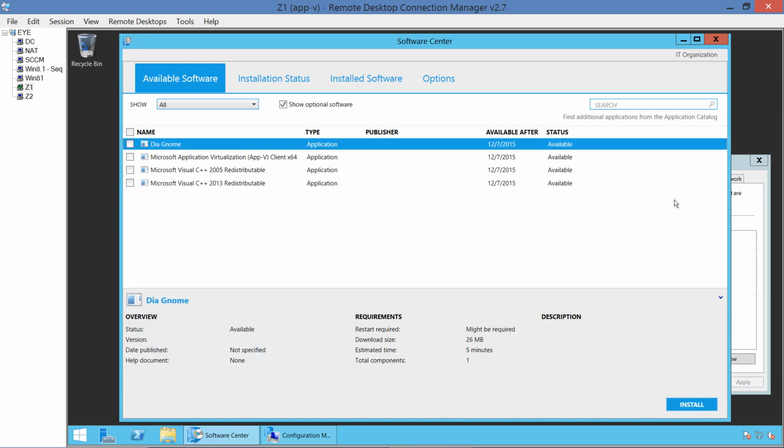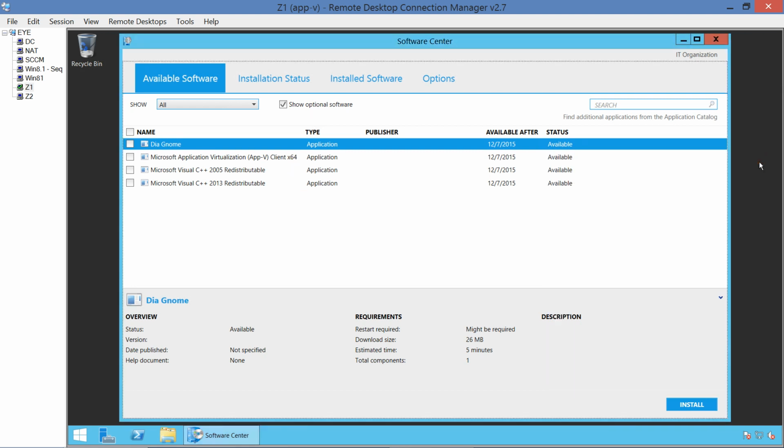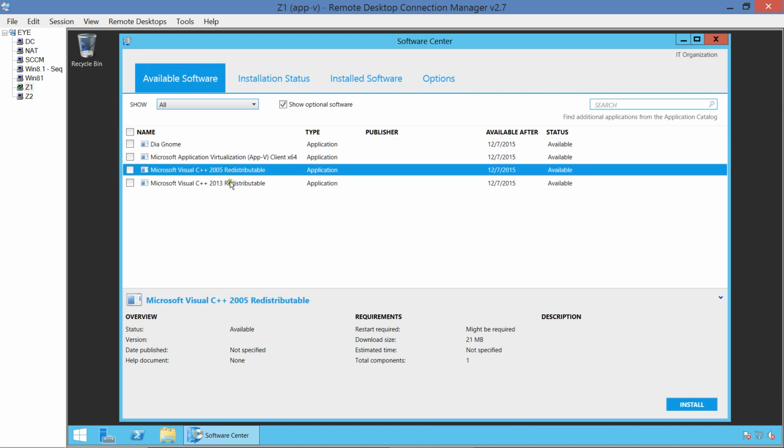Okay, and after giving it a minute, you're going to see that the applications are starting to populate. And we should have 1, 2, 3, 4. We have all the applications here now. So you can see we have the Dia Genome, we got the ABI client, we got the 2005 redistributable, and